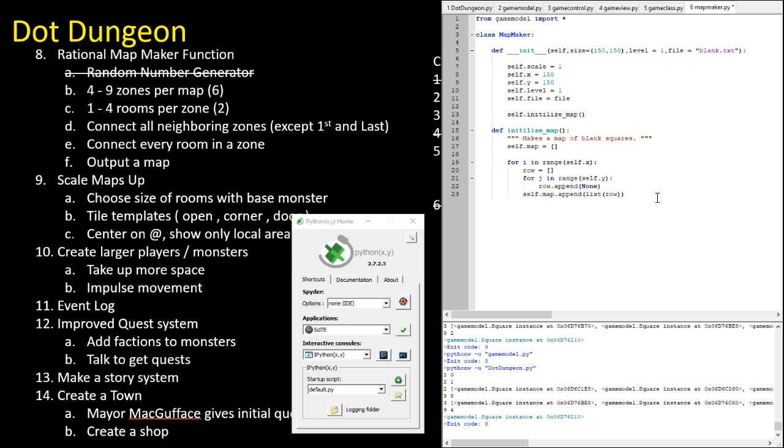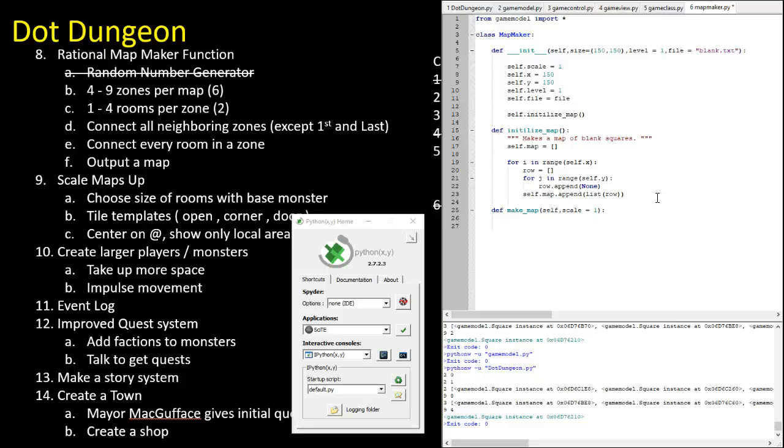So that's initializing our map. Then we need to def make map self. Here possibly we might want the scale. I'm not sure what we actually want to pass out of this, so I'm going to pretend like I care about the scale now. And possibly whatever we do later to make the substitutions, we'll come back to this make map thing. So probably in the real world, when we actually use this, we want to run the map maker once, and we want it to pop out a map,